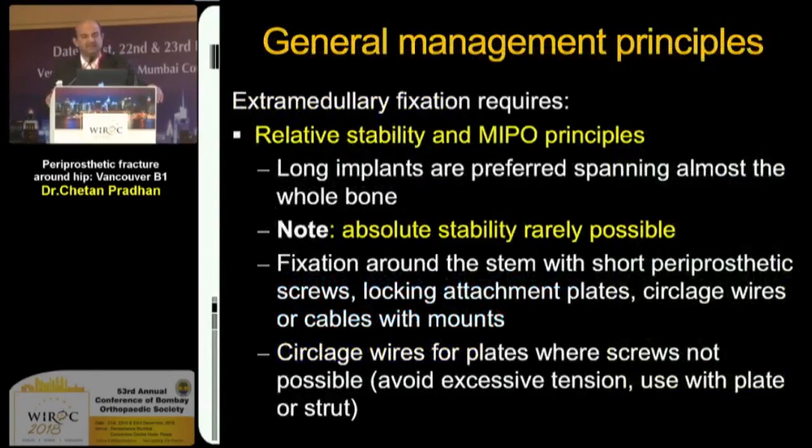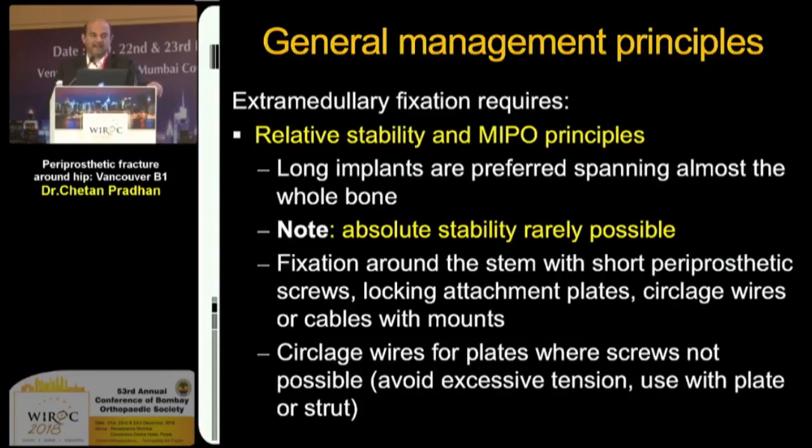So when you're trying to fix these extramedullary, and that's my topic today, that's B1 type fractures, then you need to use longer implants spanning almost the whole bone, using principles of relative stability, and you need to fix around the stem using whatever contraptions you have. So it may be a locking attachment plate, you may have to use cerclage wires, the periprosthetic screws, which are flat screws, and unicortical screws, which essentially should not touch the prosthesis, because otherwise you would be losing the hold,